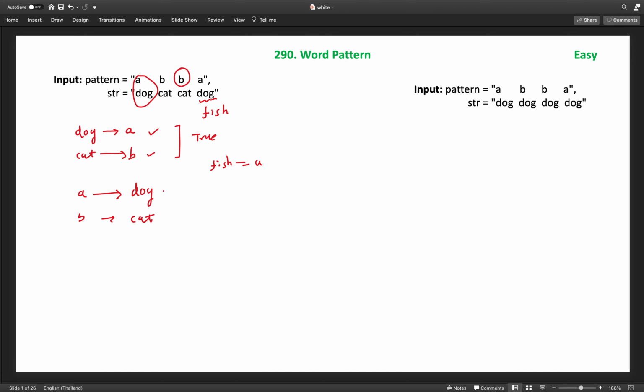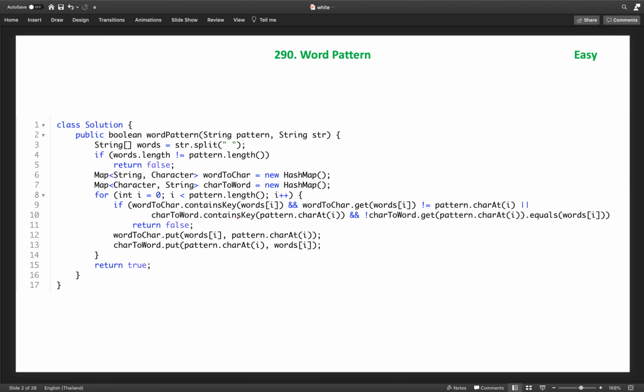Yes. Is A's value equal to the current word? No, so in that case we return false. This helps us solve the problem using two hash maps: one stores the word to character mapping, and the other stores the character to word mapping. This is the solution approach.